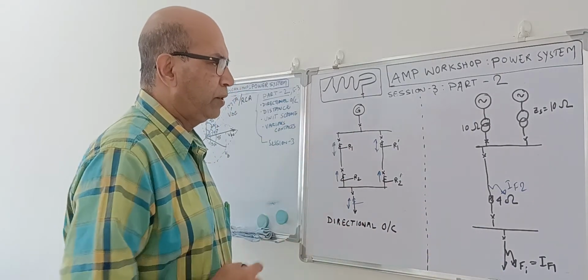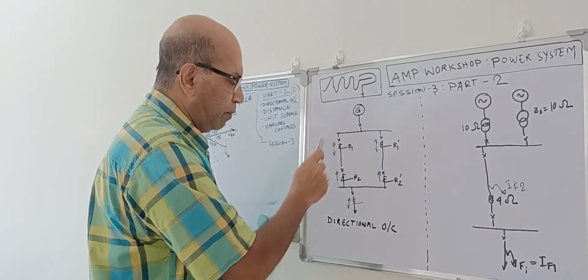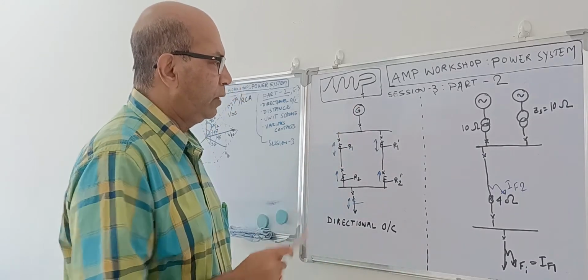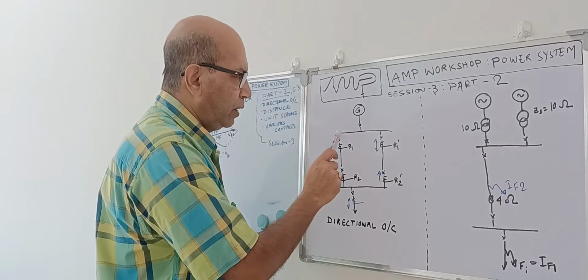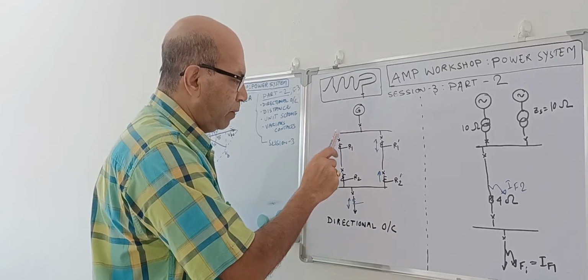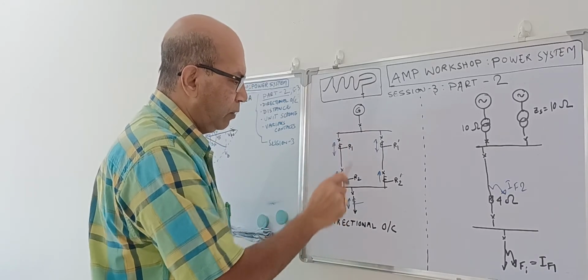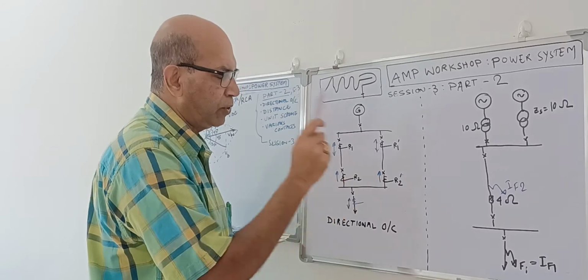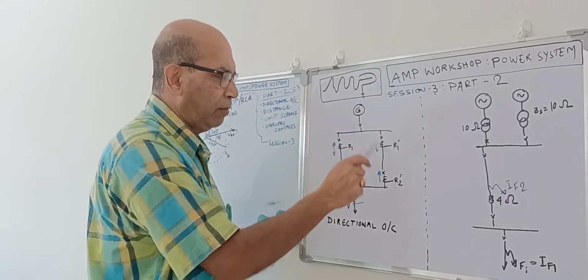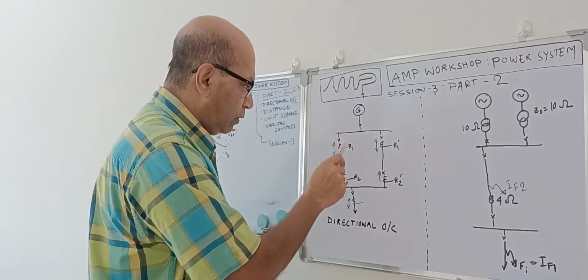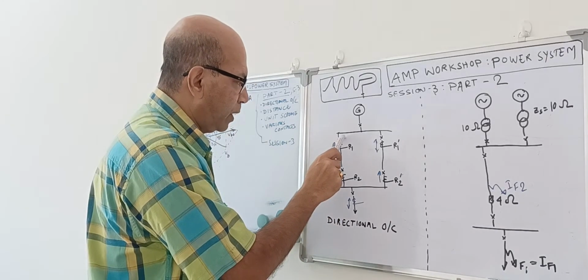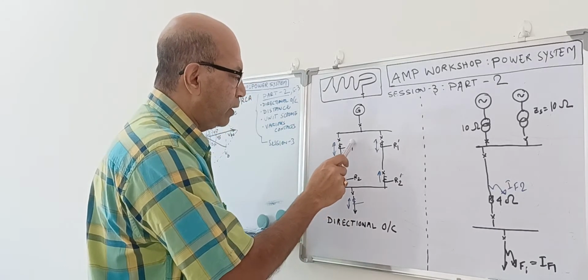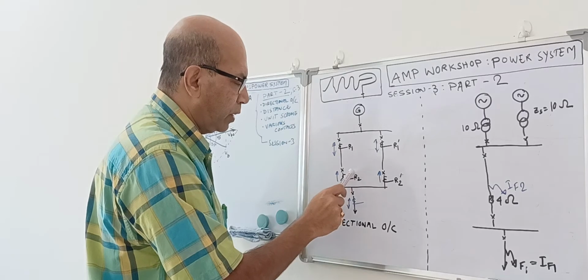I have drawn a picture in advance. This is one diagram where there is a generator, there is a switchgear, and from there two feeders are connected between these two switchgears, which may be 10 kilometers or 5 kilometers away by cables. Now in this 5 kilometer cable, there is a breaker over here, there is a breaker over here. So there is a protection over here R1, there is a protection here R2.